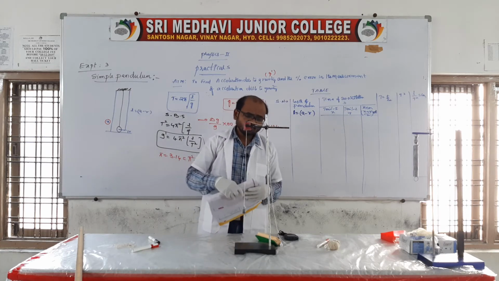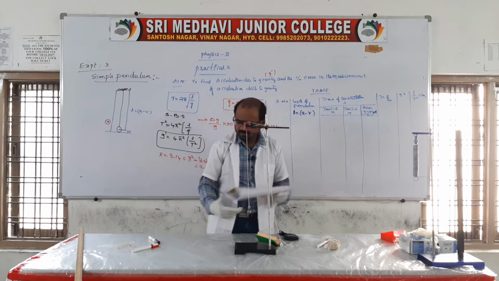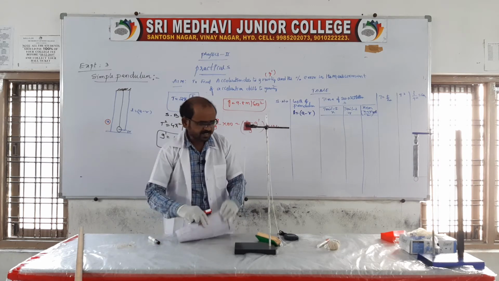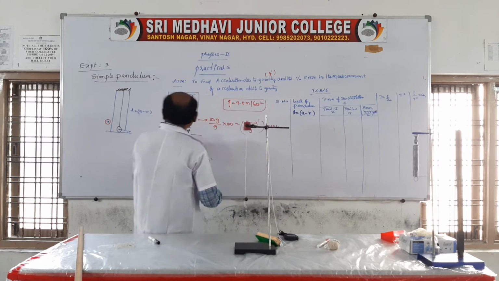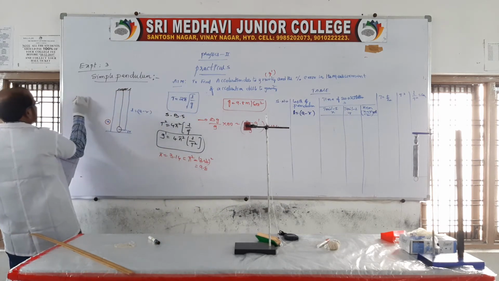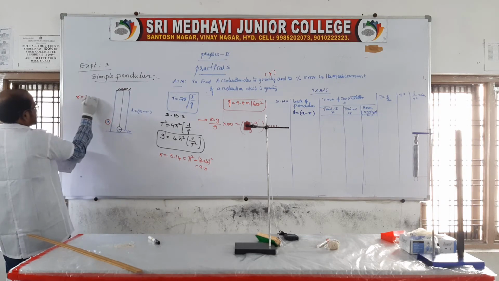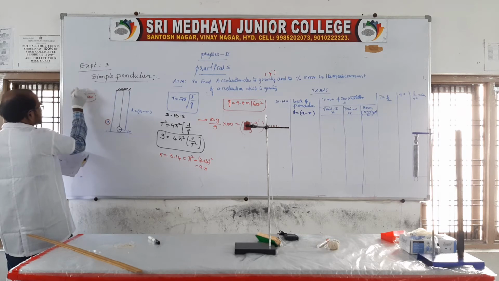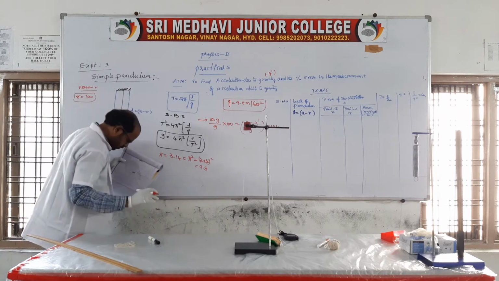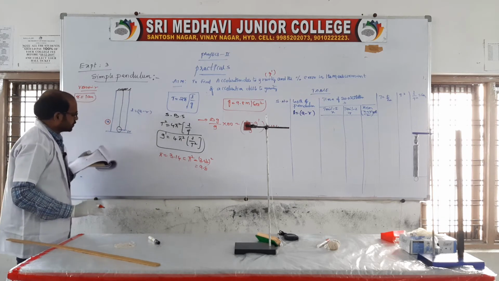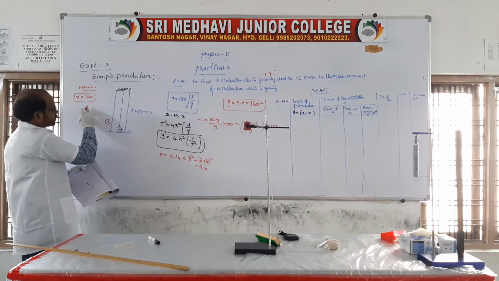Here, now we are using the bob. The average radius of the bob, you write here, R is equal to 1 centimeter, which we are using. By using a vernier, we calculated the value. Of course, you know vernier. So by using that, the radius of the bob we know.